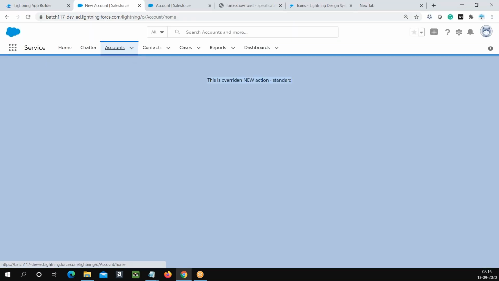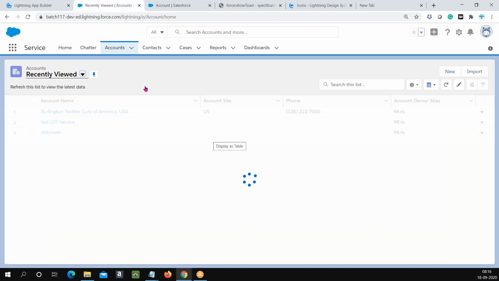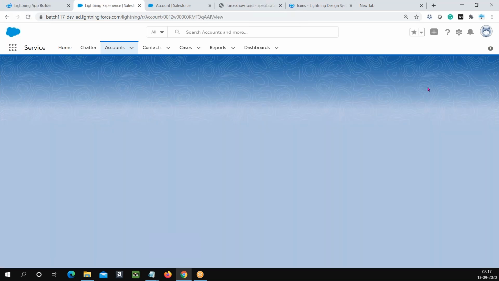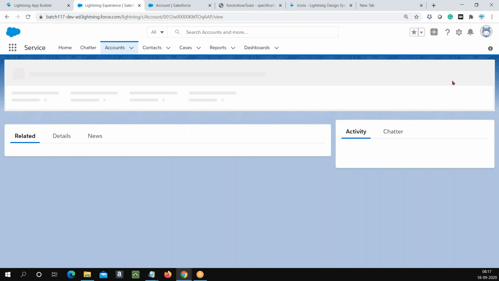Suppose when I click on the new button, I need to bring an edit form. I need to bring an edit form. So how to bring an edit form to get the account record? How can I get a form to get the account record? How to do that? Okay, let me go to the edit button. So when I click on edit,